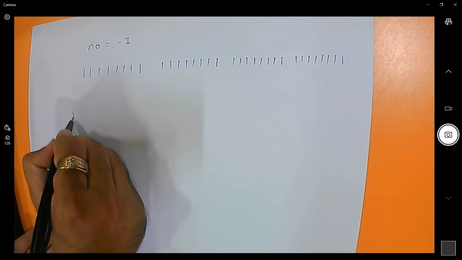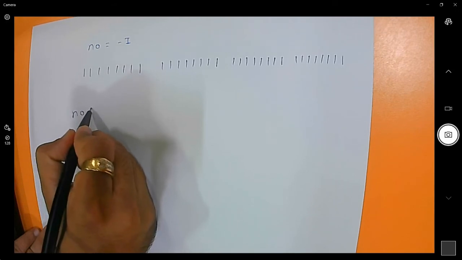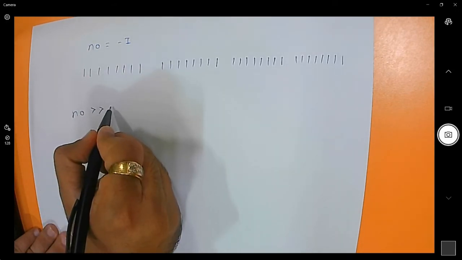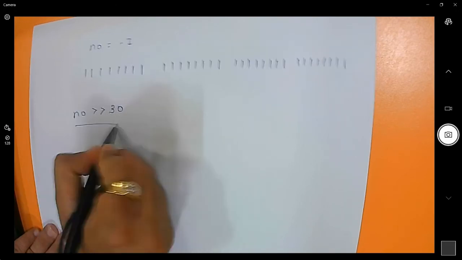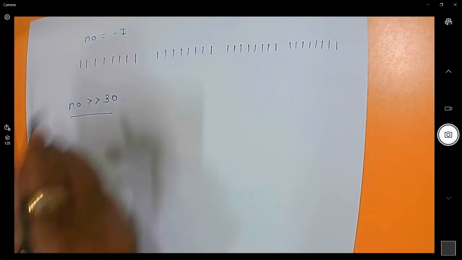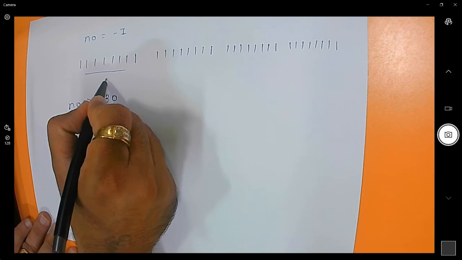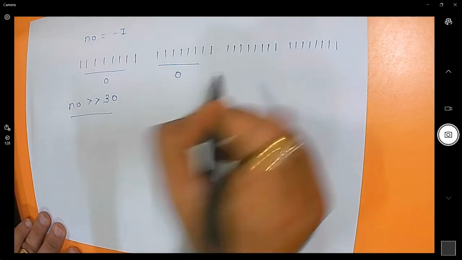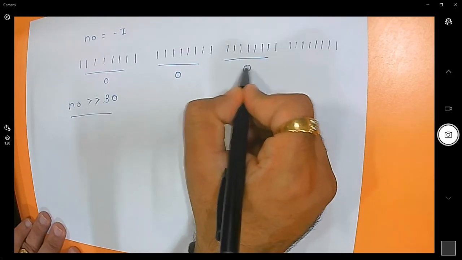Now if you write here number shift right, for example, I want to make the shift right 30. If you make the shift right 30, then all these bits will be replaced with 0. Your higher bits will be 0.